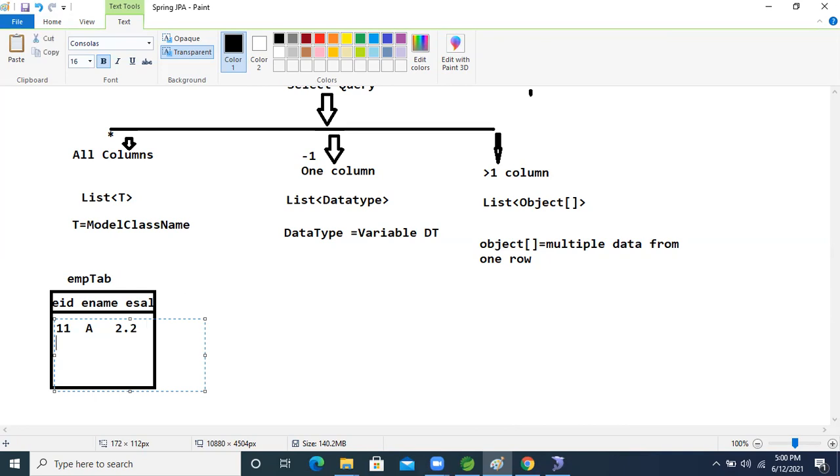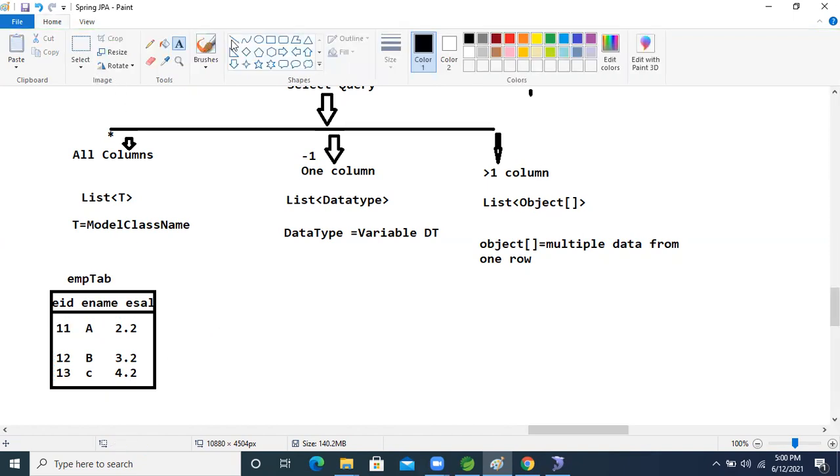Take 2.2. Another one: 12 is there, e name is b, and salary 3.2. Another one: 13 is there, e name is c, and salary 4.2. This is the data in this table, right?